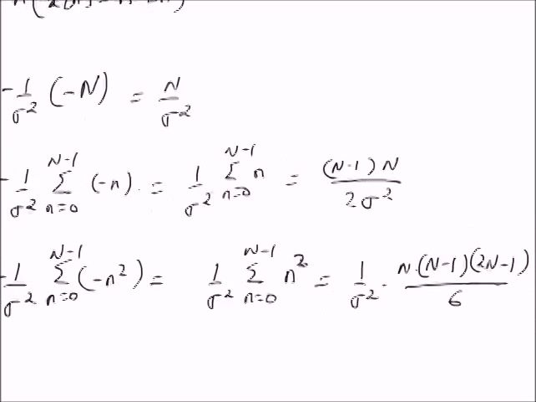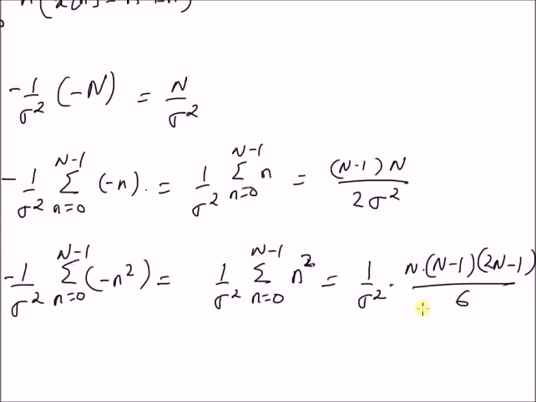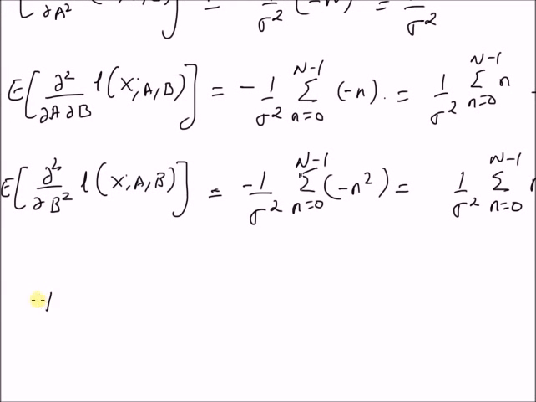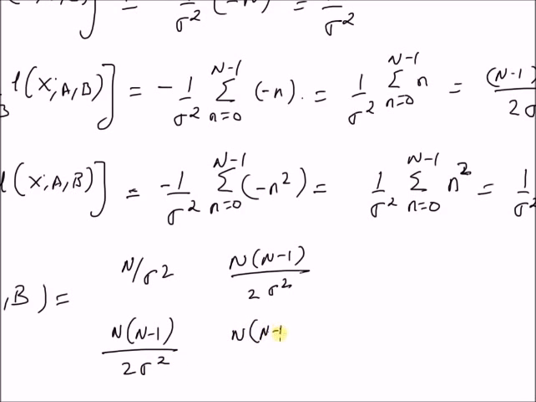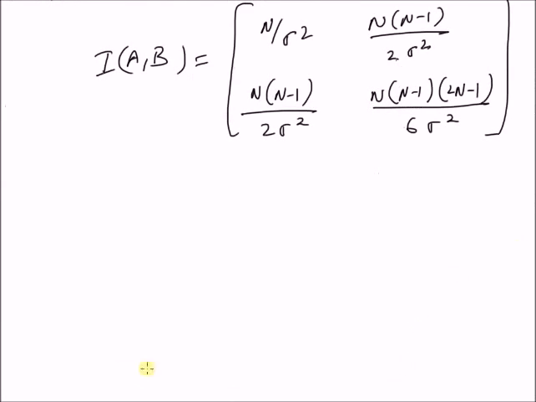So thus we have the complete Fisher information matrix defined by these three terms. Therefore, I of (a, b) is equal to n by sigma square, and the off diagonal elements are n into (n minus 1) divided by 2 sigma square, n into (n minus 1) divided by 2 times sigma square, and the last one is n into (n minus 1) into (2n minus 1) divided by 6 times sigma square. So this is the Fisher information matrix. Now we need to determine the inverse of the Fisher information matrix, that is I inverse of the parameters a and b,